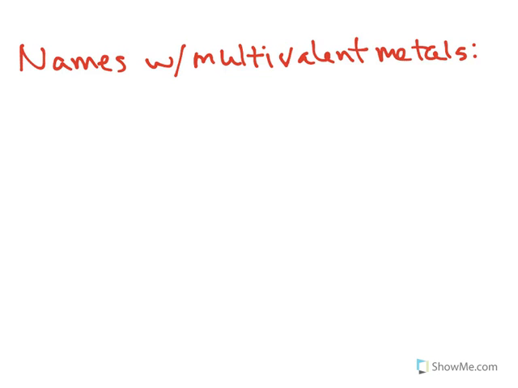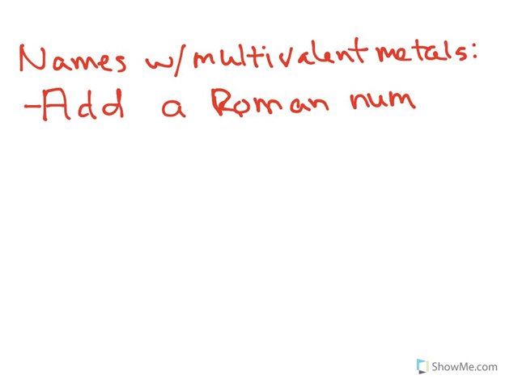You are going to do binary ones, just like you did before, non-binary ones, just like you did before, with one small addition. You add a Roman numeral. Roman Empire was a thing. There we go. You add a Roman numeral